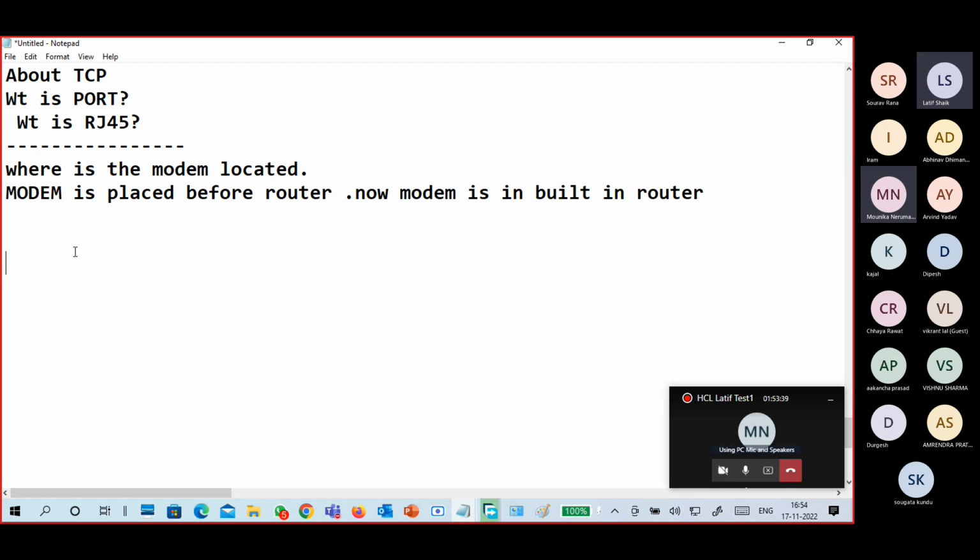We do modulation and demodulation. When I am communicating with another PC in my LAN network, I don't require a modem there. When I am trying to communicate outside of my network, I have to communicate through the modem only.